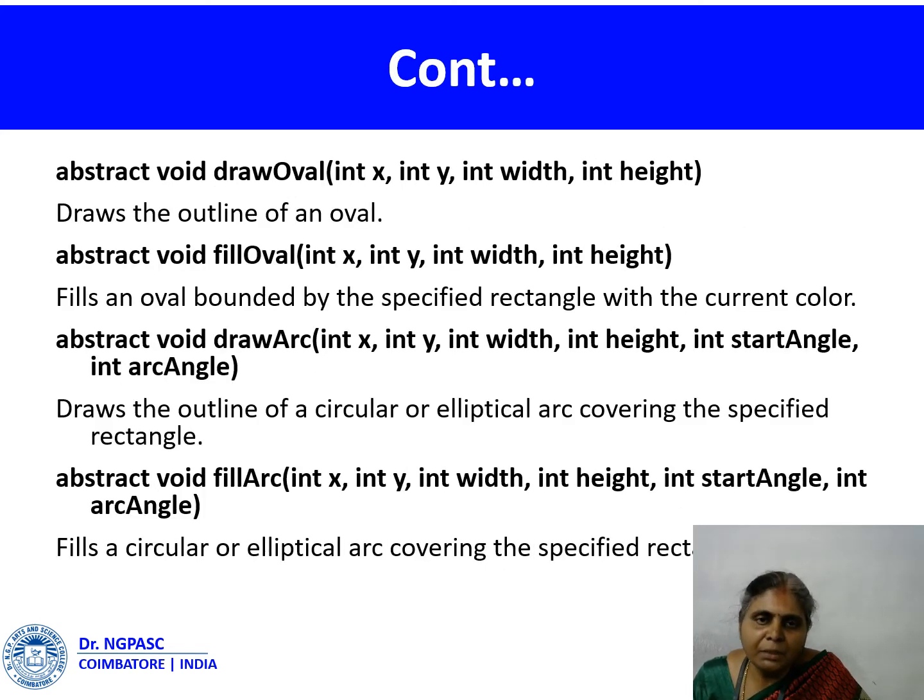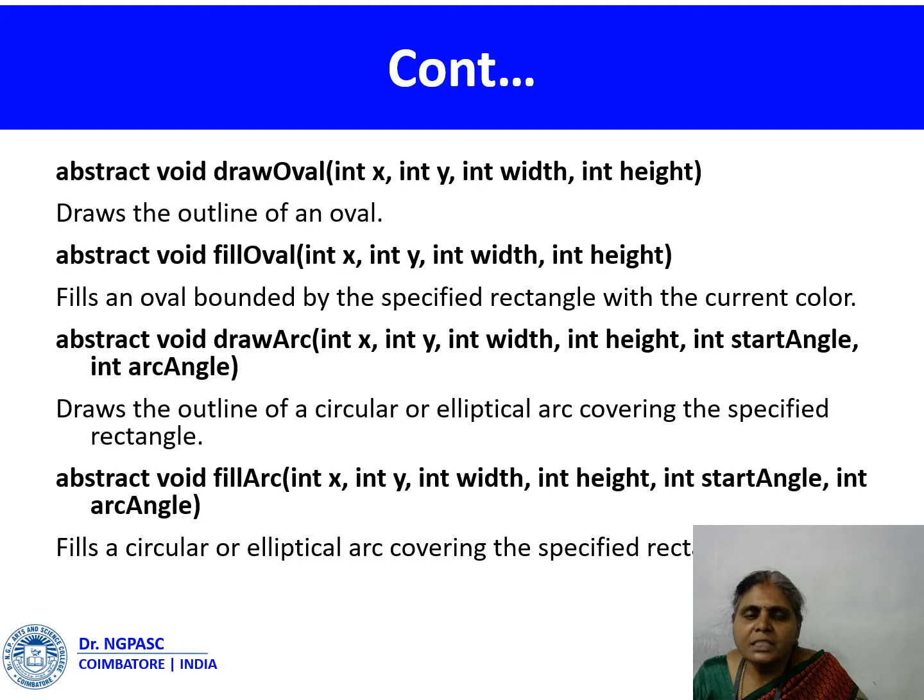Then the next method is the drawOval method. For drawing circles and ellipses, we use the same method, known as the drawOval method. If we want to draw a circle, then we have to give the last two parameters, width and height, the same. Here the width is the x radius and the height is the y radius. If the x radius is equal to the y radius, then for the center point x comma y, a circle will be drawn. If they are different, that is, the width and the height are different, then there will be an oval shape.